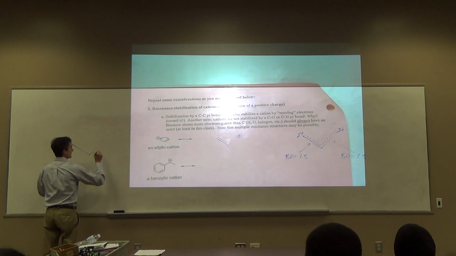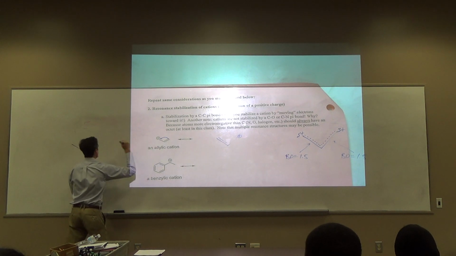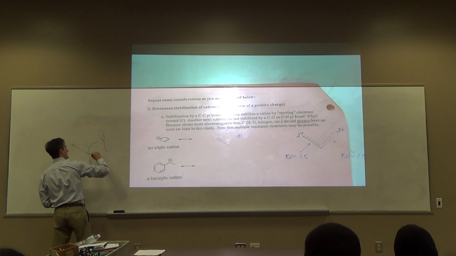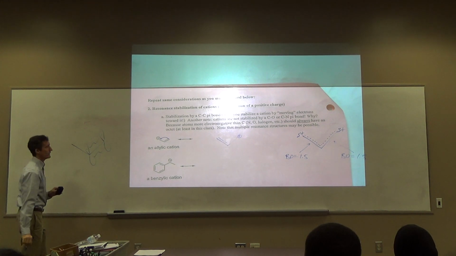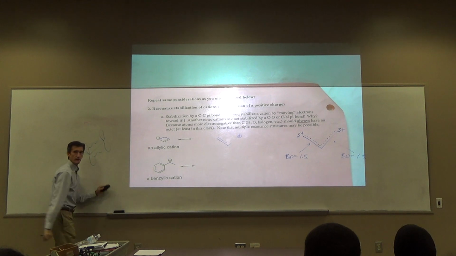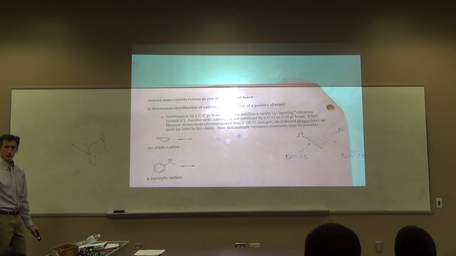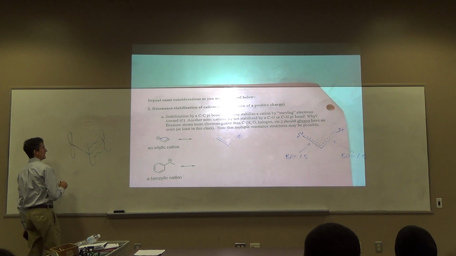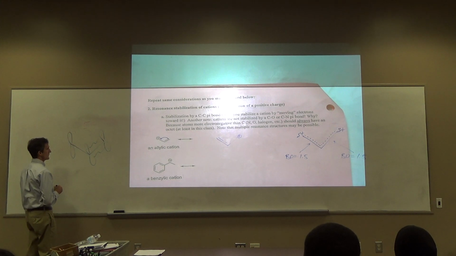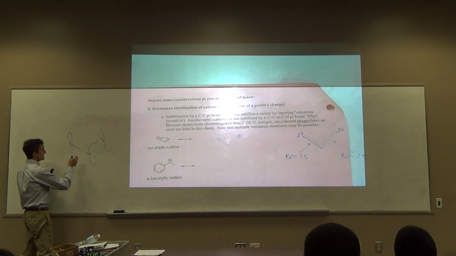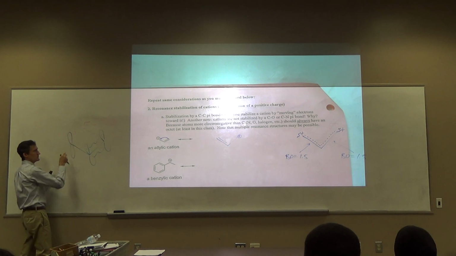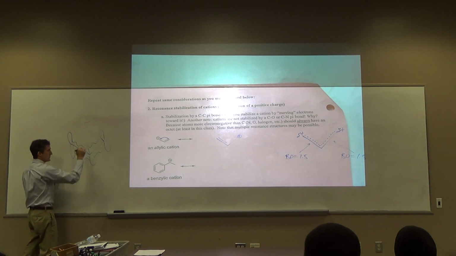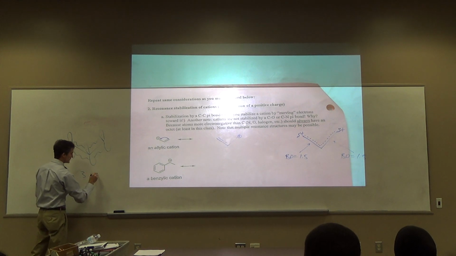Let's go back to p orbitals. Don't you see two p orbitals here? One electron each, that's a pi bond. Does this carbon have a p orbital? Yes, it's sp2 with an empty p orbital. Well, guess what? Are these two p orbitals interacting? Yes, they are. And at this point, you have three p orbitals